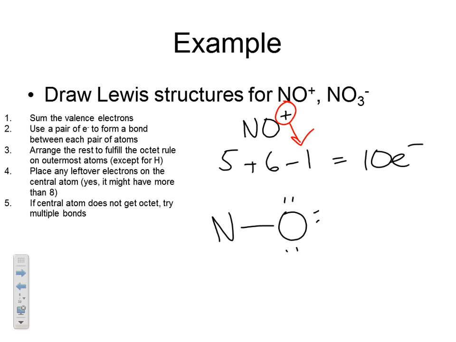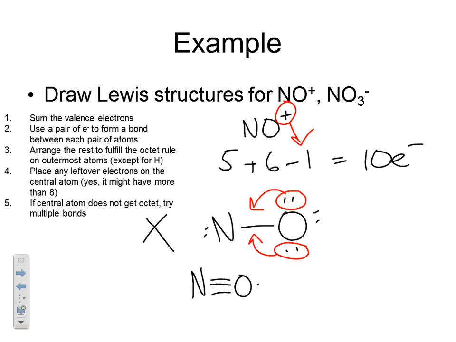I've placed 8 electrons so far, so I'm going to put the other 2 on the nitrogen. But this structure is wrong because the nitrogen doesn't have an octet. It only has 4 electrons, so I have to fix that. So I'm going to take these lone pairs and instead make them bonds between the nitrogen and the oxygen, because now I've got 2, 4, 6, 8, 10 electrons, which is the number that I need, but now everything